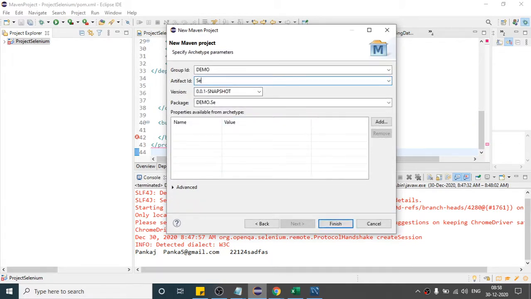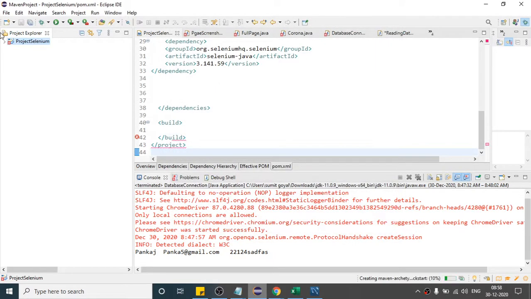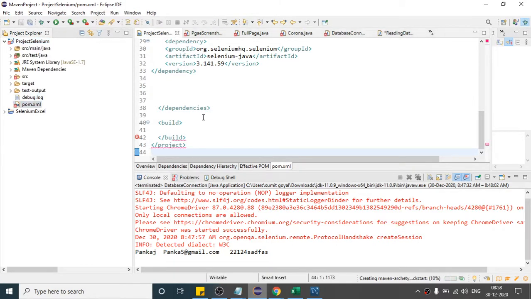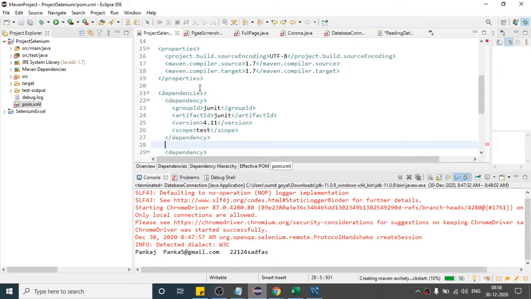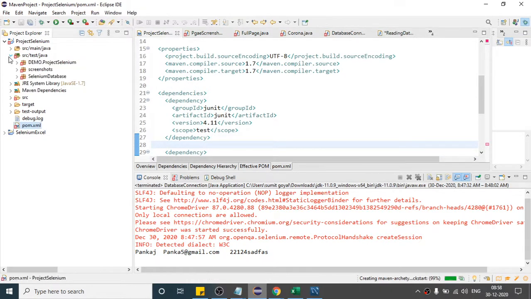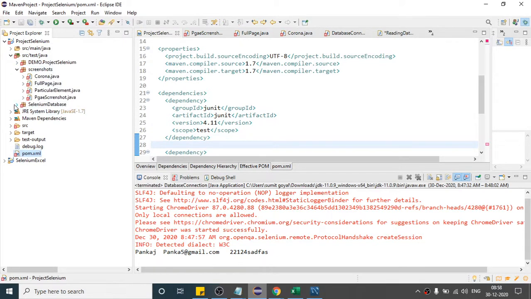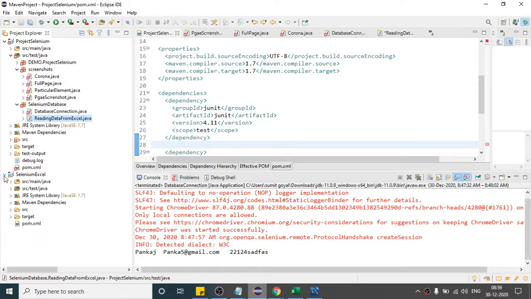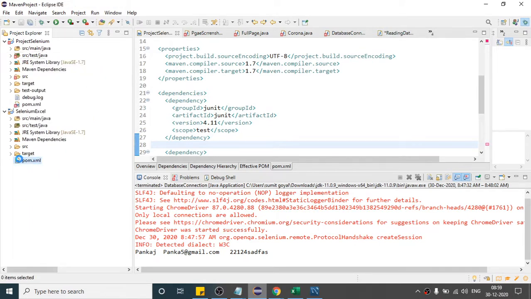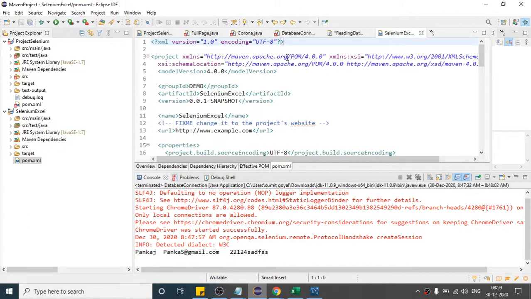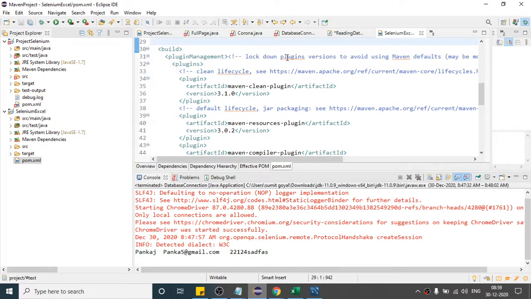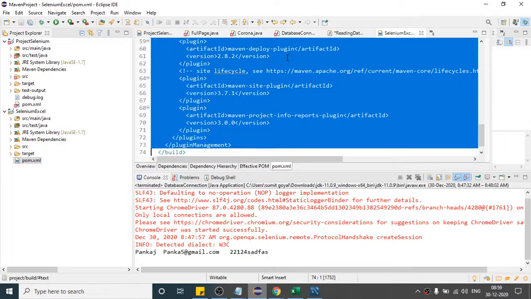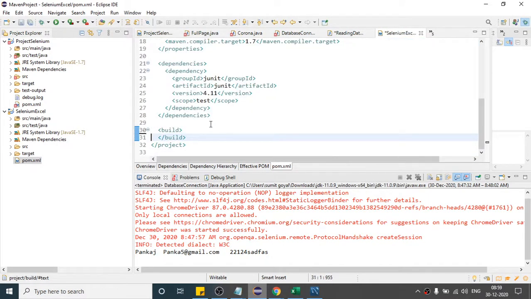You can give any name. Let me remove all this, it is not required. Here I will paste the dependency.